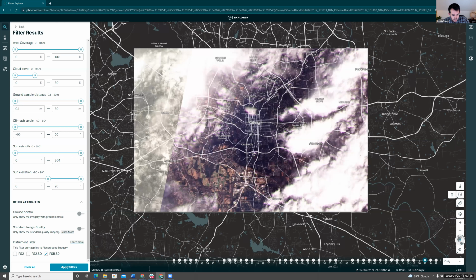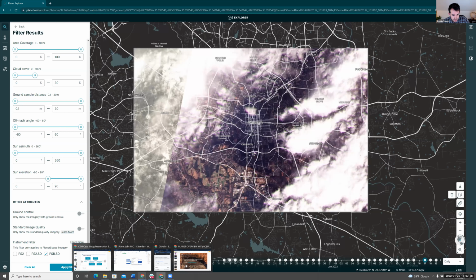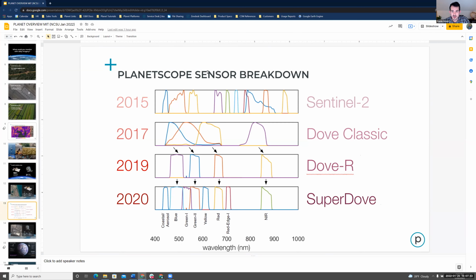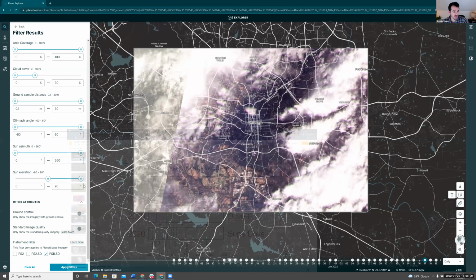So if you remember, let me see if I can go back here to the presentation really quickly. I showed y'all this graph right here. This is a comparison between all of our sensors. You can find all of this information on our website. I'll direct you to it in a little bit so you can see how these different sensors compare. Since I like working across different satellite images, I'm going to stick with just ps2.sd and PSB, so our Dove-R and our Superdove. From here, I can apply those filters,